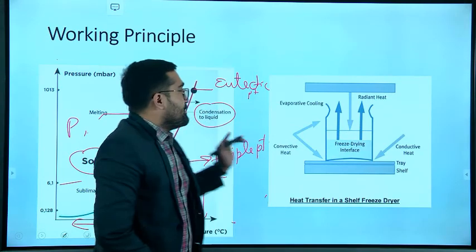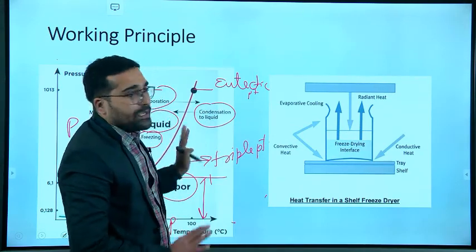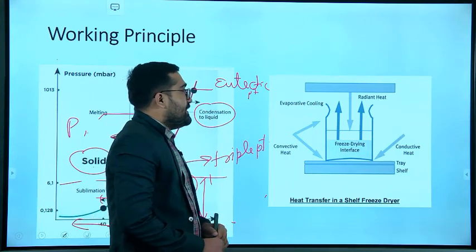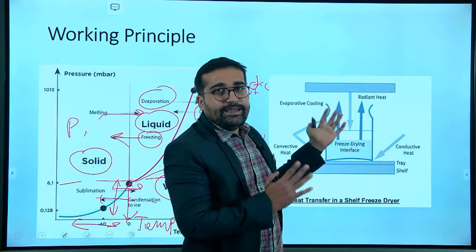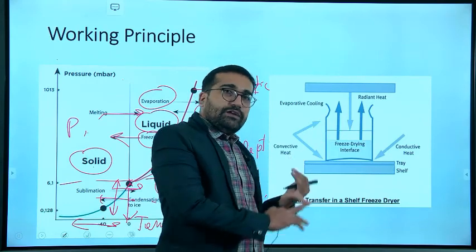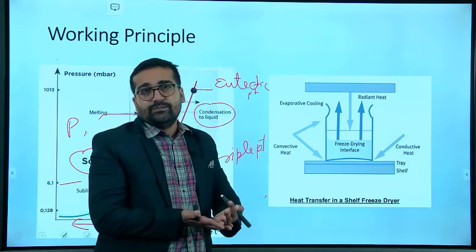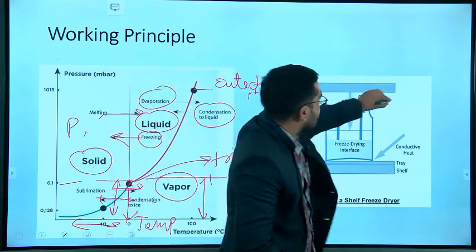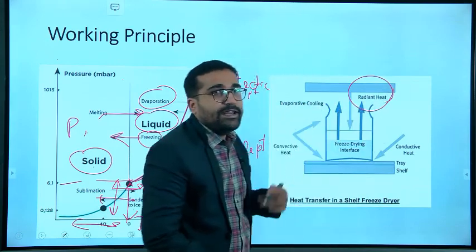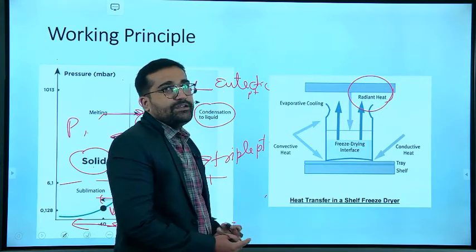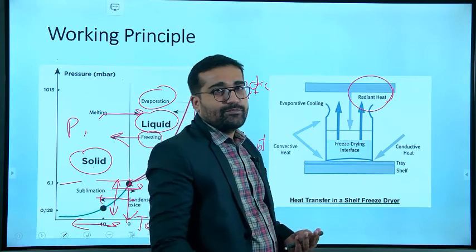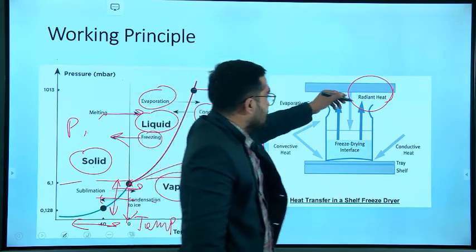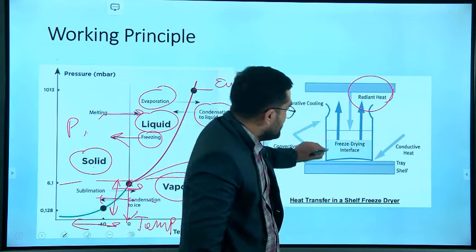So this is the general principle of how sublimation occurs, but what happens inside a freeze dryer? We can see from here. We are dealing with cooling and heating. We are cooling the product and at the same time trying to heat the product also. The heat we generate is radiant heat. It's not a direct heat. Radiant heat is heat which is transferred with the help of rays. So we generally deal with radiant heat, and this is our product.